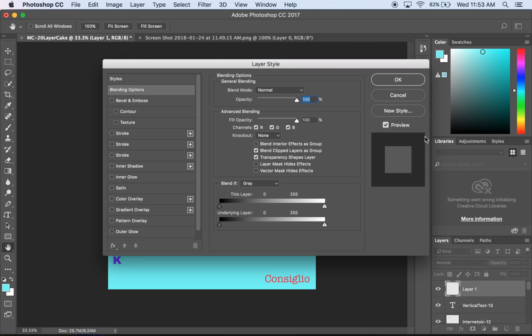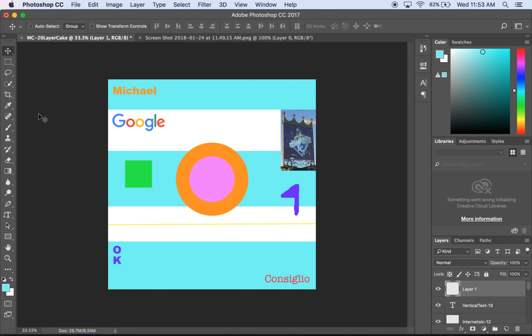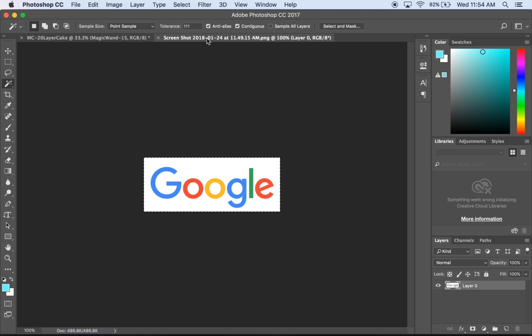All right, for layer 15, let's see, what have we not gotten a chance to use yet? You know what? We haven't used a quick selection tool or magic wand tool, so let's use the magic wand tool. So we still should have some sort of, let's call this magic wand. This is going to be 15. And on the magic wand, we should still have some sort of screenshot up. If not, file open, create that, and